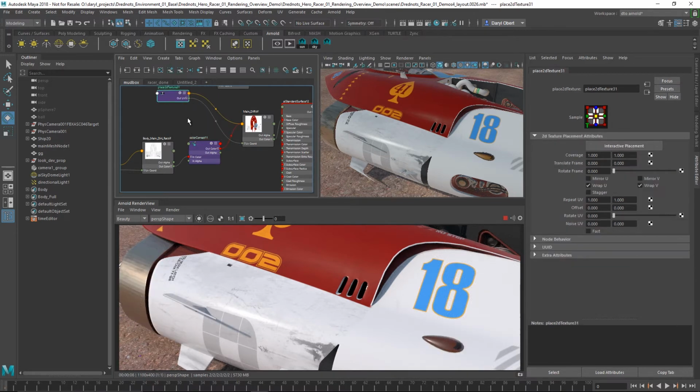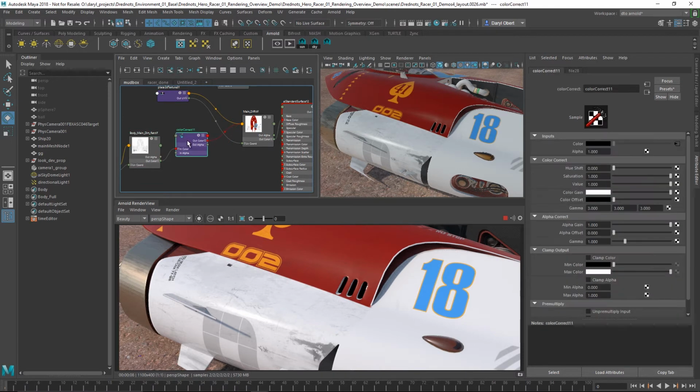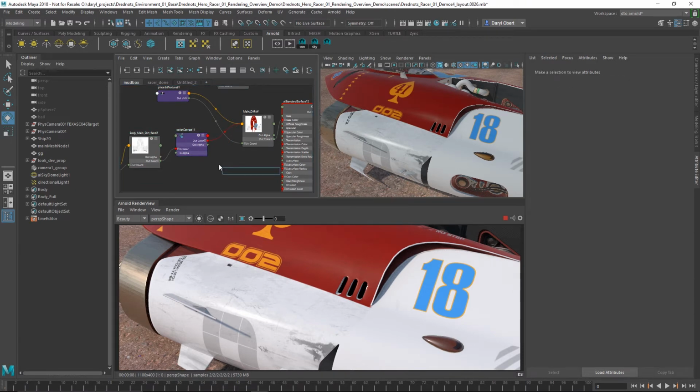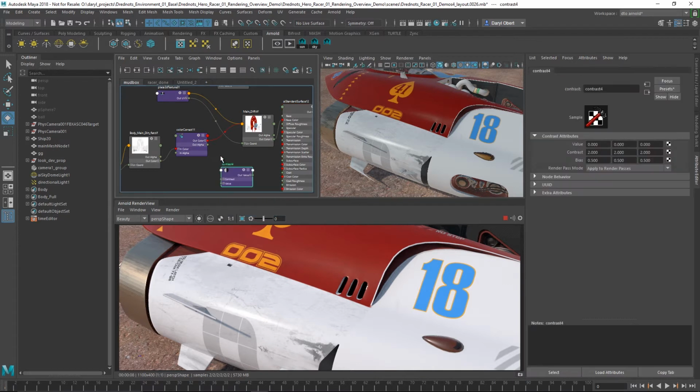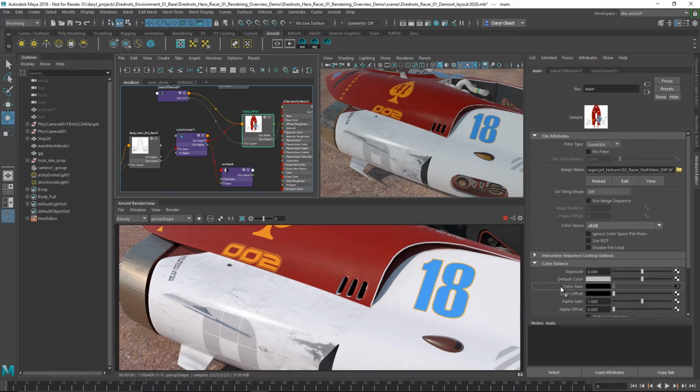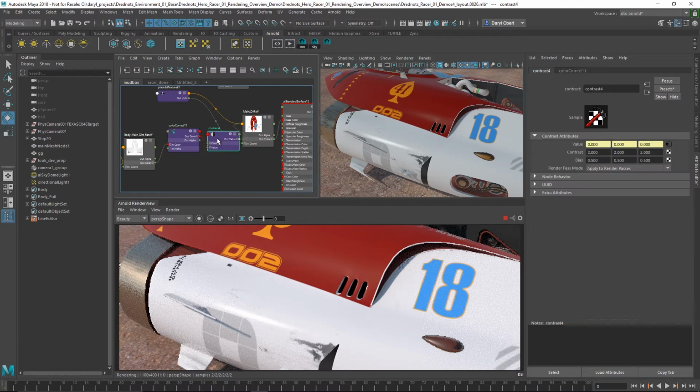So to fix that, we're going to go ahead and add in another node. This time we're going to add in another contrast node, a simple contrast node. So we'll just go in here and grab that guy. With the contrast node brought up, we're going to drag and drop the color correct node into that guy. And now we're going to substitute what used to be the color correct node with the contrast node that's passing through it. As soon as I do that, you can start to see the effect of that actual contrast